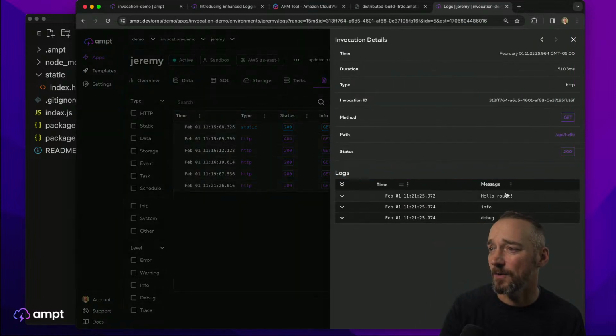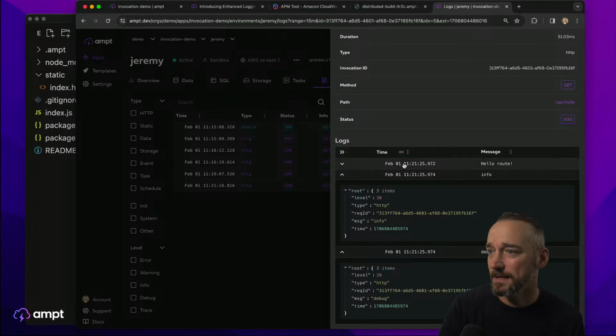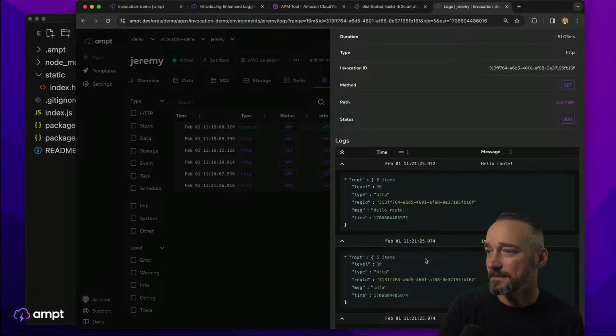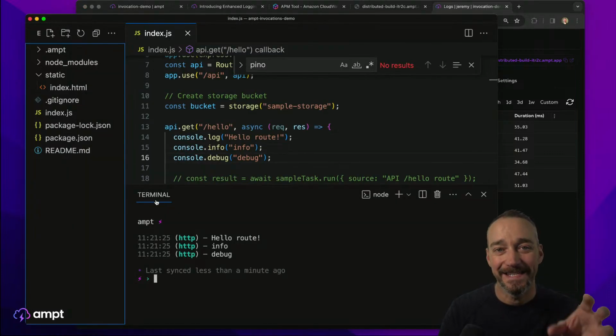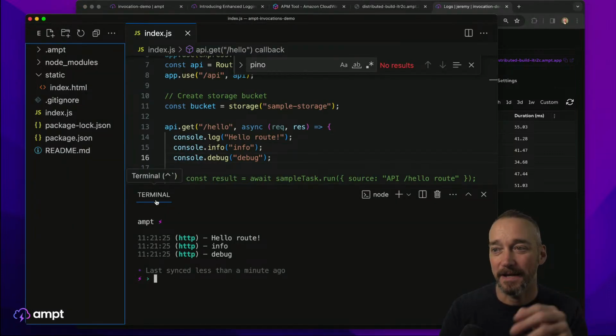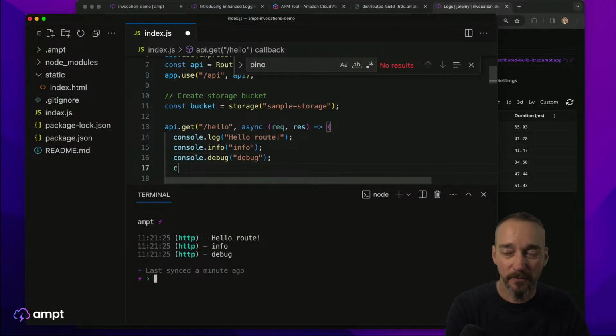So we should have now hello, info, and debug. And so see, info is 30, debug is a 20, and just a regular log is a 30 as well. Okay. So let's do something a little bit more exciting, because this is where we can do some really interesting things. So before we get into logging the different types of events, I want to show you this. So if we do